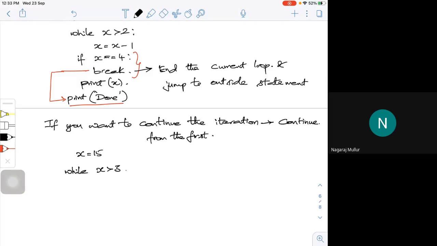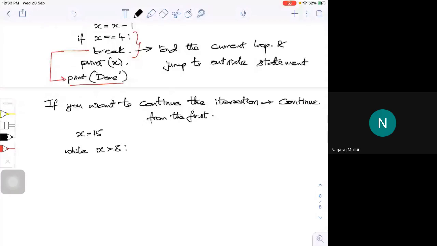So I'm going to use if x is equal to 7 or 8, whatever it may be. So the moment it reaches this condition, what will it do?